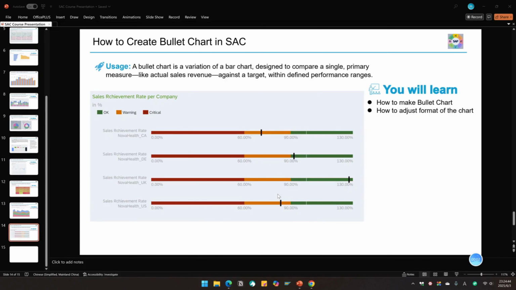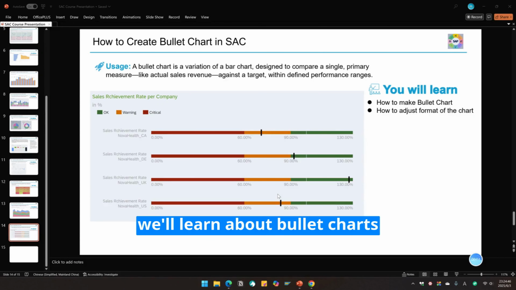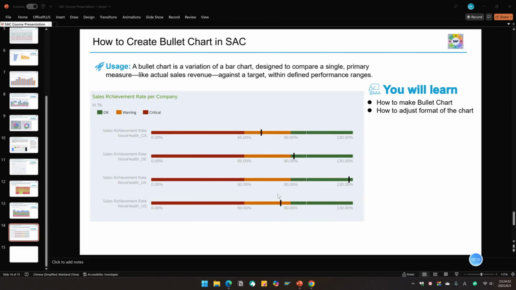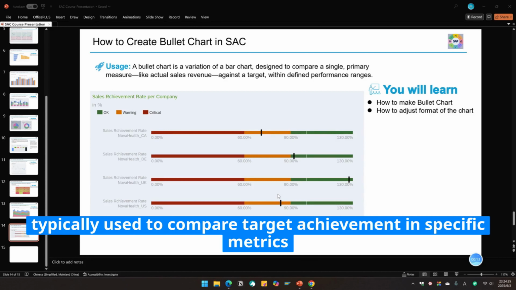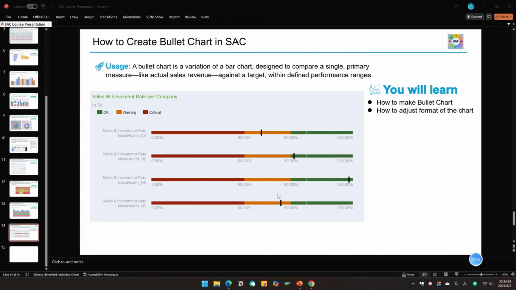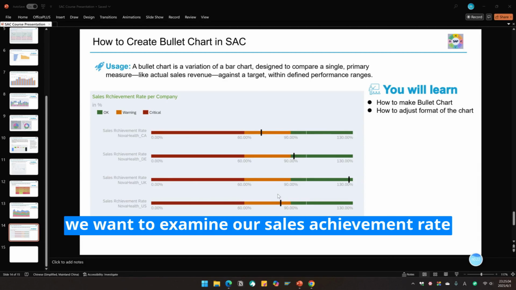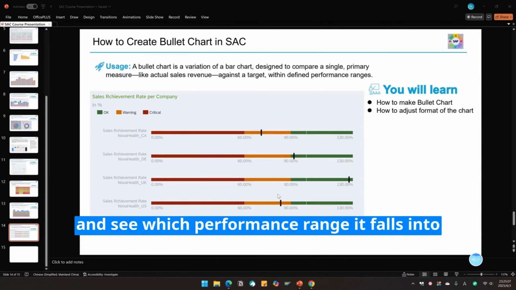Hello everyone. In this lesson, we'll learn about bullet charts. A bullet chart is a variation of bar charts, typically used to compare target achievement in specific metrics. For example, in our case study today, we want to examine our sales achievement rate and see which performance range